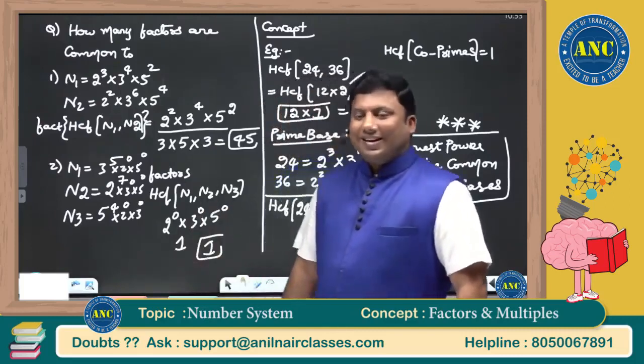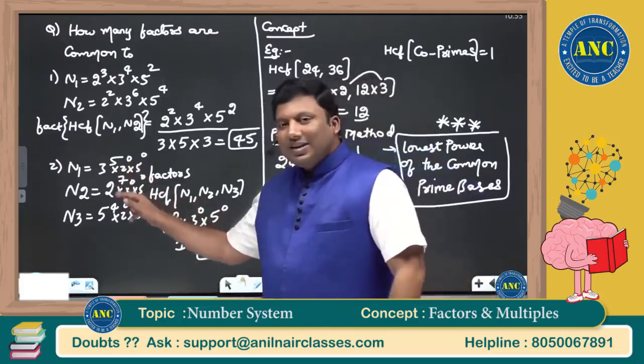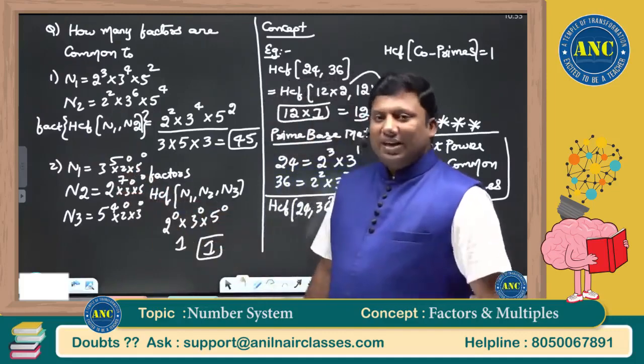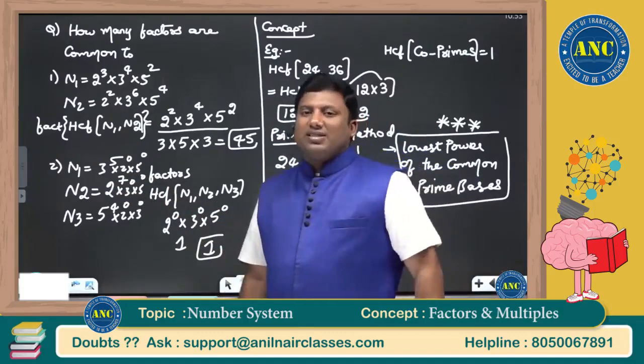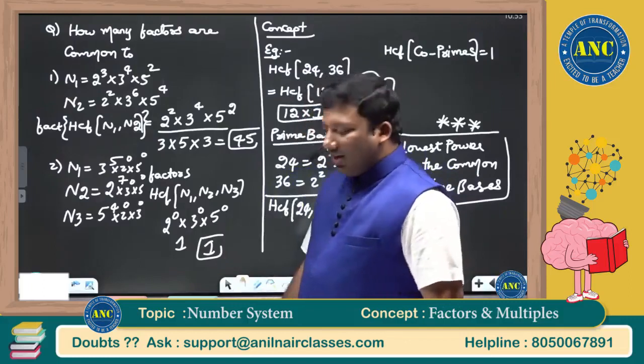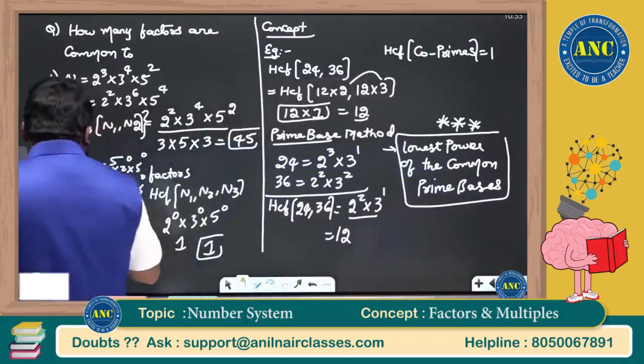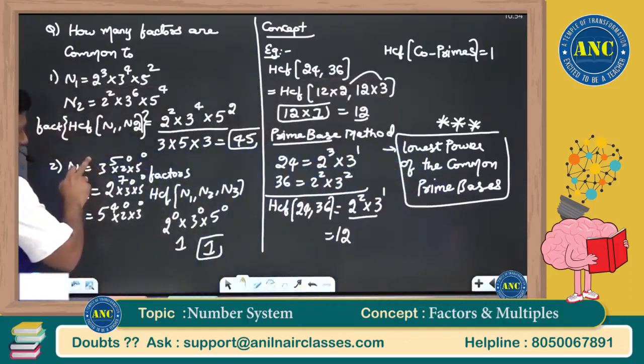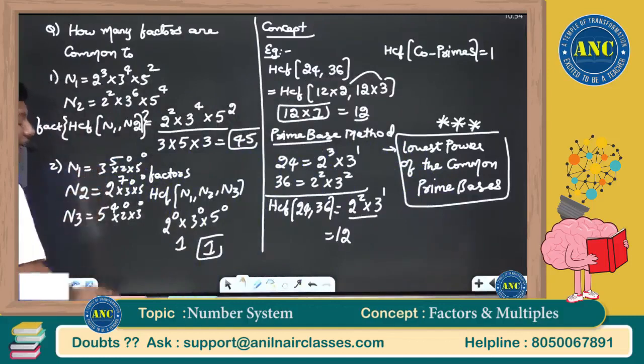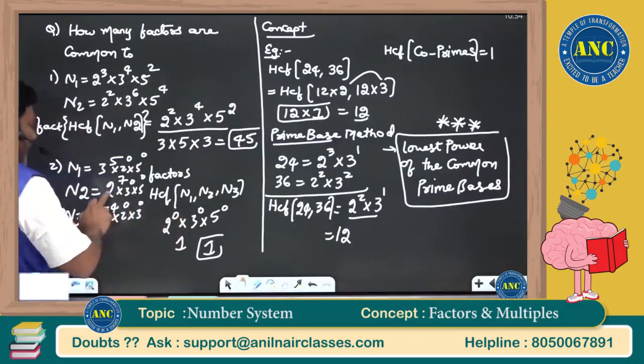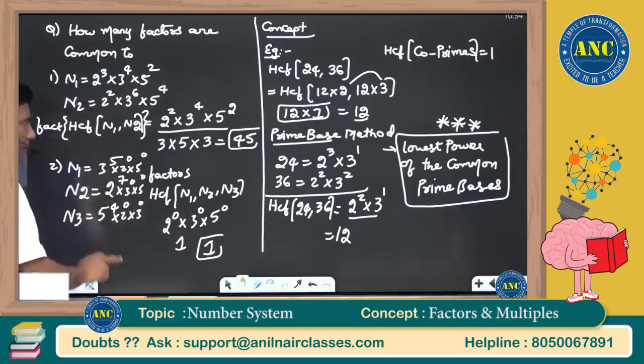I hope the idea is clear. If I write like this, then it will be very, very easy for you. In HCF, I will discuss much more complex level problems. So, if I am taking 3 power 5, the power of 3 should be present in the other two numbers. It is not present, so 1. 2 power 7, the power of 2 should be present in